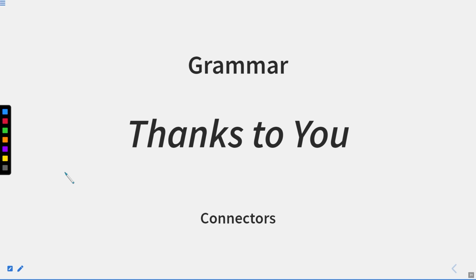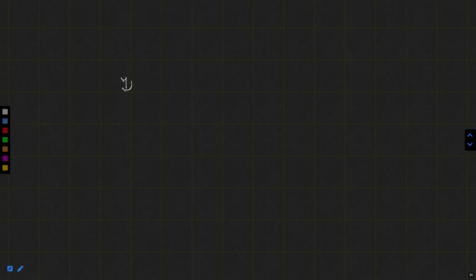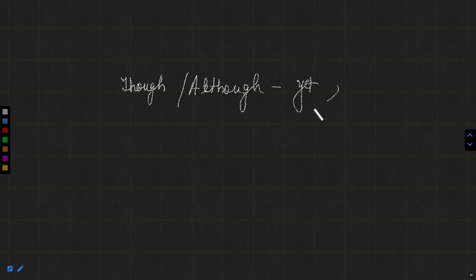Also, there is one more thing. Whenever we use though as a conjunction or as a pair conjunction, we can have the phrases. Let me tell you, if we have the word though or the word although, now they can be used in pair conjunctions as well. How? We can make them pair with the word yet, or we can put simply a comma. Now one more thing is there: we can only use the conjunction yet to pair with them. We cannot use any other conjunction with them. For example,